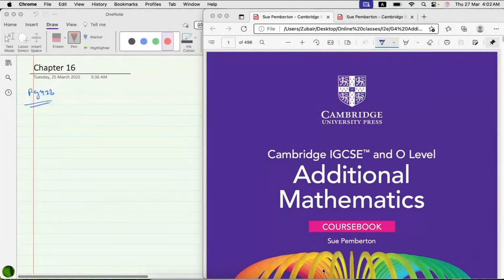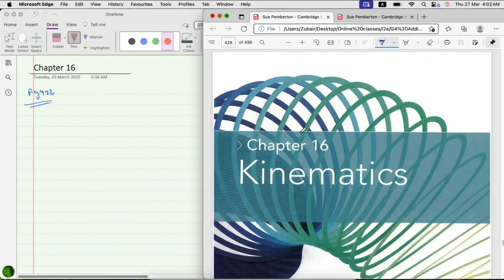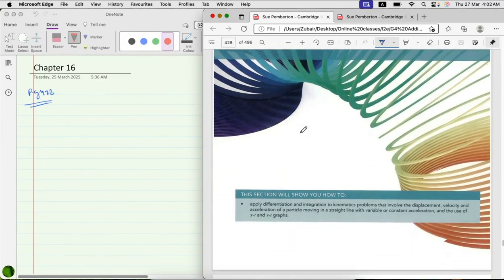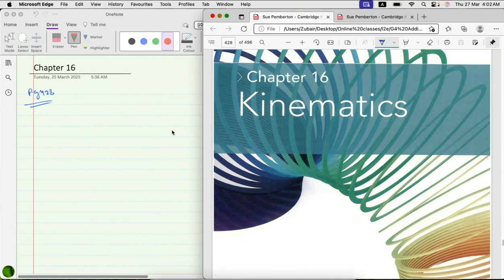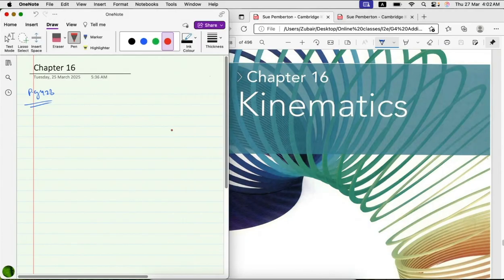We did the area bounded by the curve and the axis, and the area bounded by two curves. And today it is chapter 16, kinematics. The main theme is that we'll have distance or displacement,